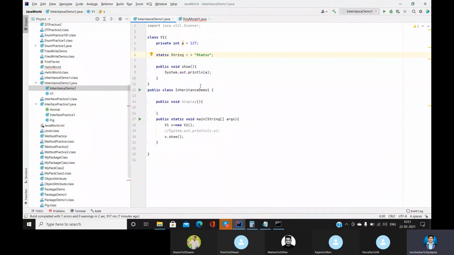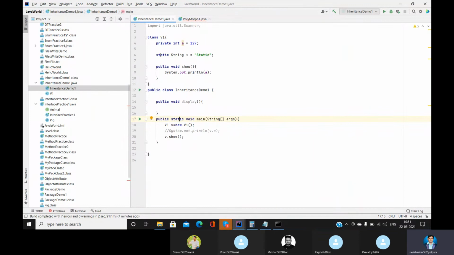Now next, here itself we'll go one by one and find it out. Next is static. So what is the meaning of static? Mark can already explain it, but still I'm going to explain this. Whenever we write static, there are two kinds of variable, guys. One is the static variable, one is the instance variable.